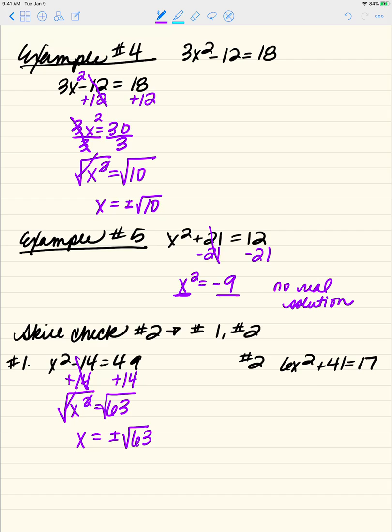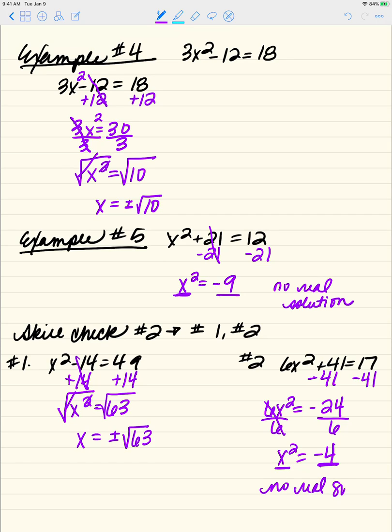Over on number 2, I'm going to undo the addition of 41 by subtracting 41 from both sides. That's going to give me 6x squared is equal to negative 24. I'm just going to stop right here. Even if I divide both sides by 6, that gives me x squared is equal to negative 4. I can't have x squared equal to something negative, so there is no real solution